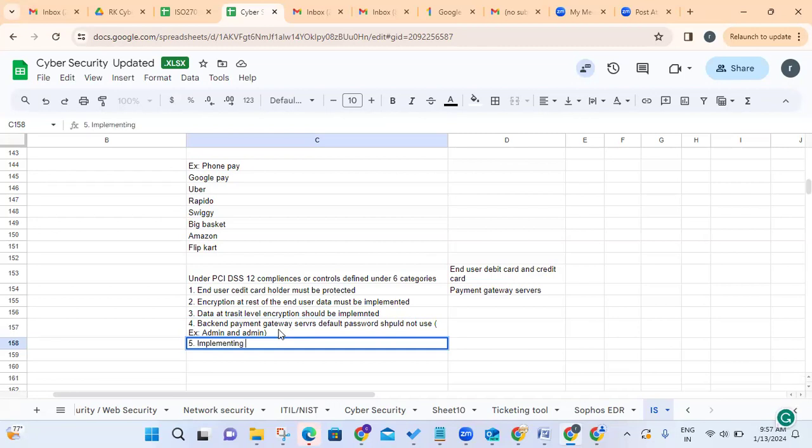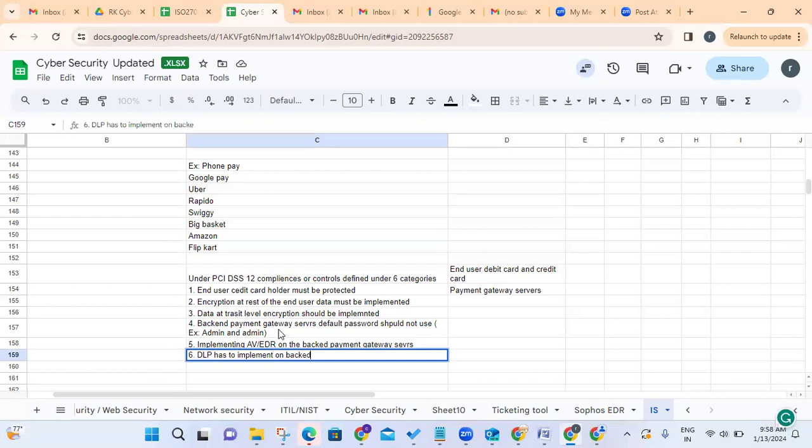Implementing antivirus or EDR on the backend payment gateway servers. Whatever servers we are purchasing, we have to implement antivirus and an EDR agent. So whenever any malware category of attack happens, or any malicious PowerShell, Python or other scripts are executed by an attacker, the agent has to identify it, communicate with the EDR tool, and automatically block it. So on payment gateway servers we also have to implement antivirus and EDR, and DLP